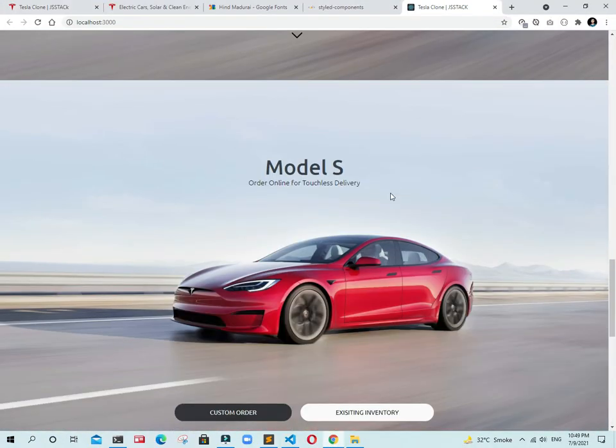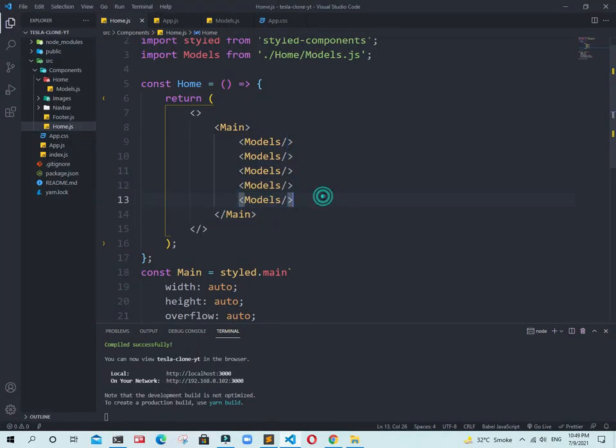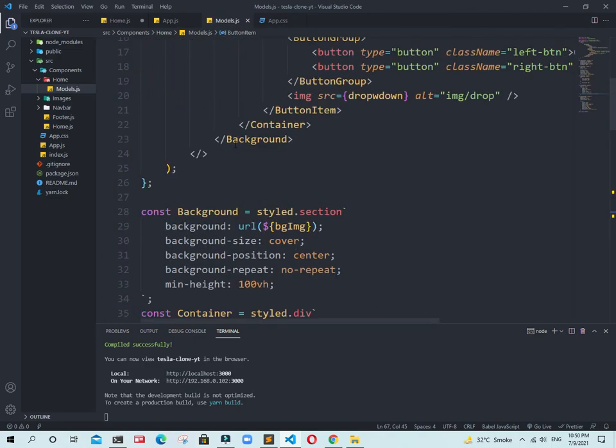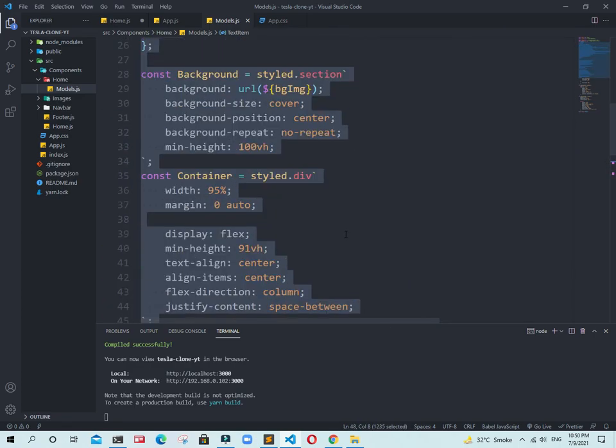Look. So guys, we need to create more files for every component. Inside of this models component, I am using props. Props are like a parameter to a function. Guys, models.js is a fat arrow function, and it always returns something like this.